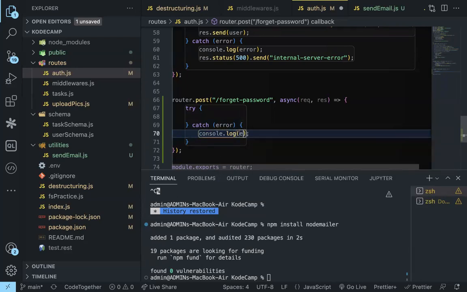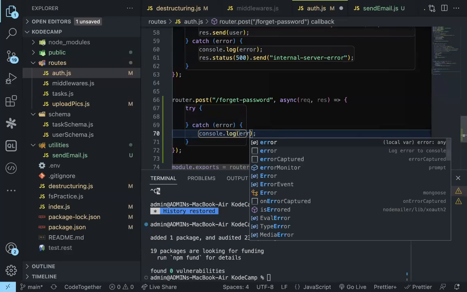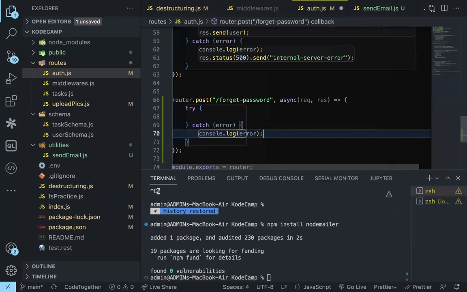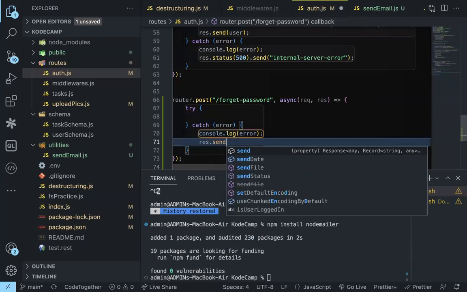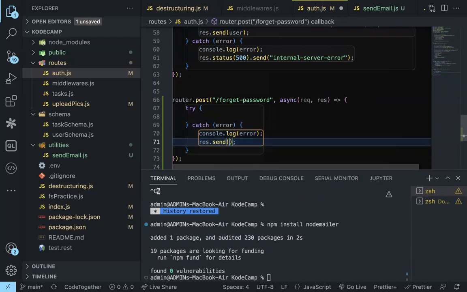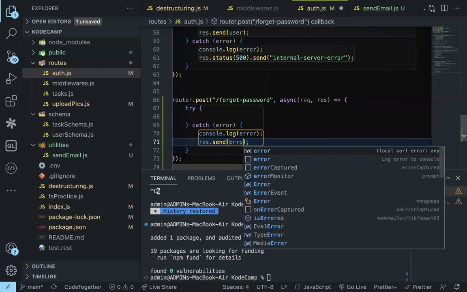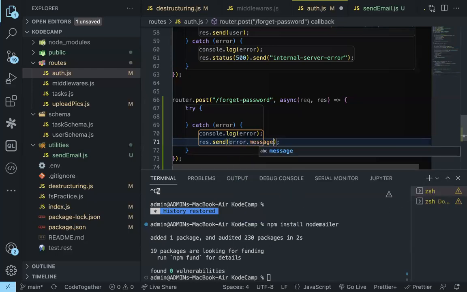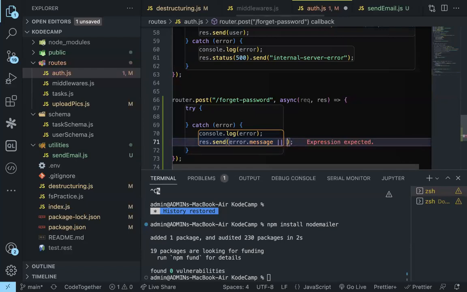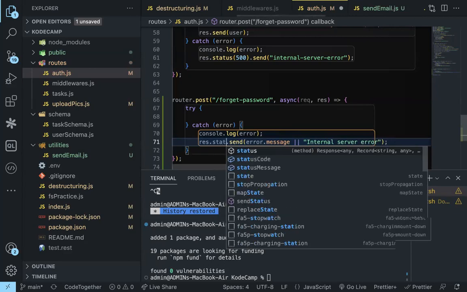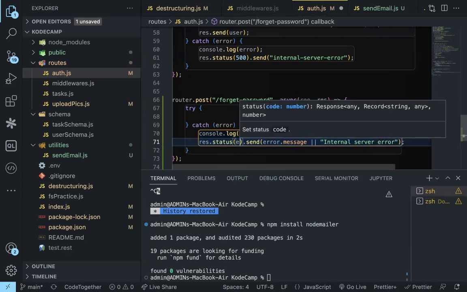Here I could then say console.log error. Then I could respond with error.message if there is any error.message, but if there is no error.message, you can then respond with maybe internal server error. Then we'll also do the same thing with status. You say status should be error dot